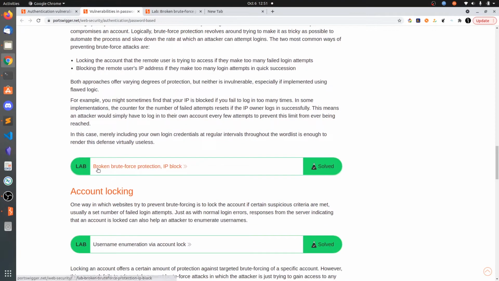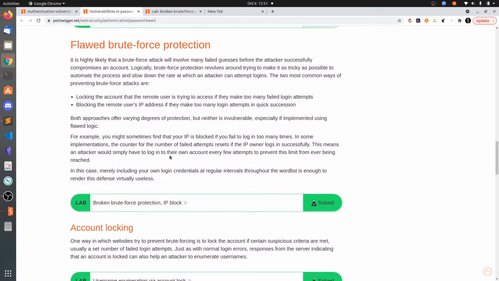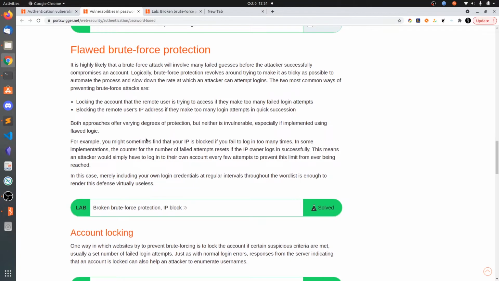So okay, in this video we'll be doing another 3 more labs from PortSwigger. The first one is IP block. Whenever you attempt to login with incorrect logins, say 5 attempts, after 5 attempts your IP gets blocked. You can unlock that by logging into a verified or valid account. You can create a new account on the website, and after 4 failed attempts you can try the 5th attempt as a valid one. Then your IP does not get blocked for the sixth request.